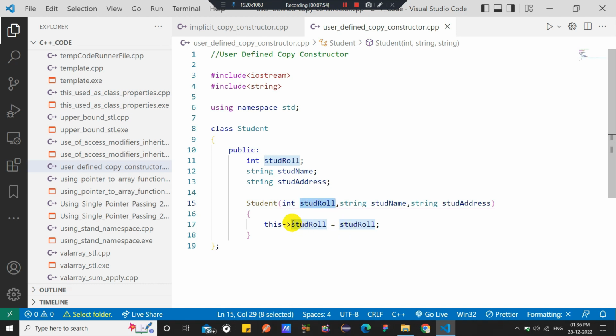So here I am using this arrow stud role. Okay, this is the reference type to refer to the current class property. So this stud role refers to the current class property, and the stud role that follows is the argument or the variable which is passed while the object is going to be created. At that time they pass the argument and initialize here. Okay, so next we have to declare here